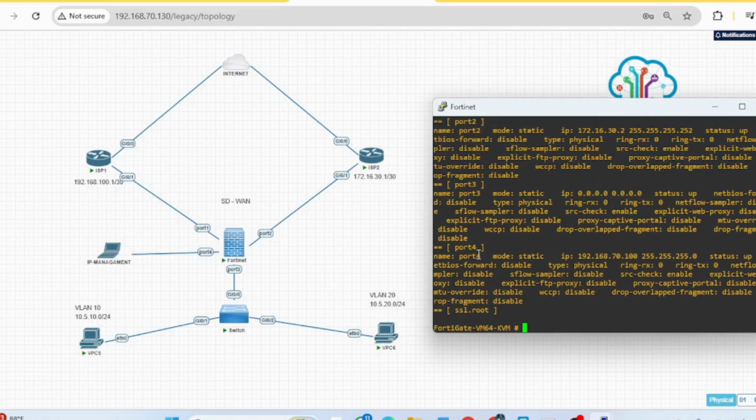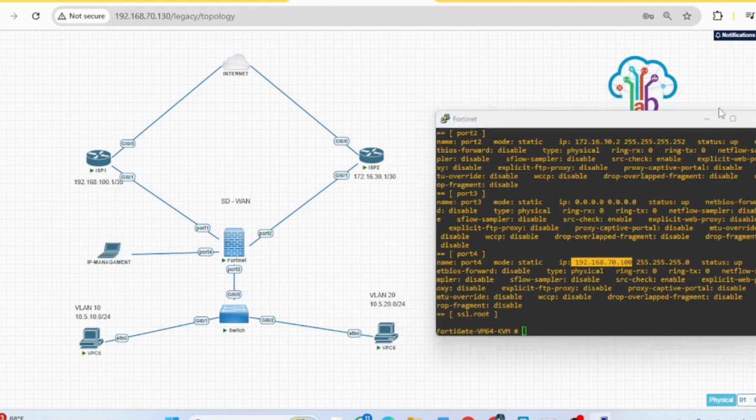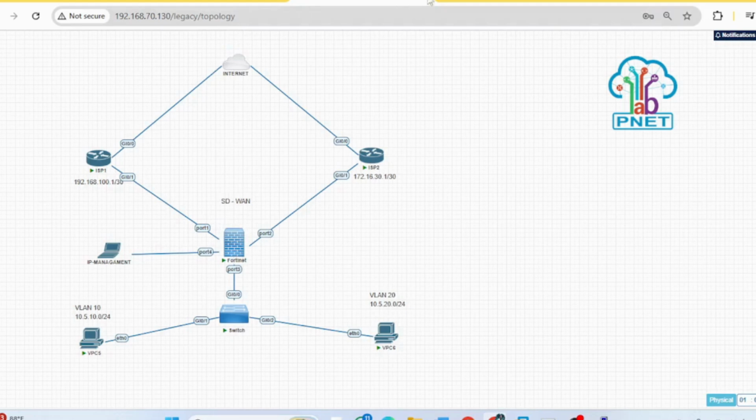Port 4 was going to the IP management, or you can use it for the Fortinet VM in the next step.